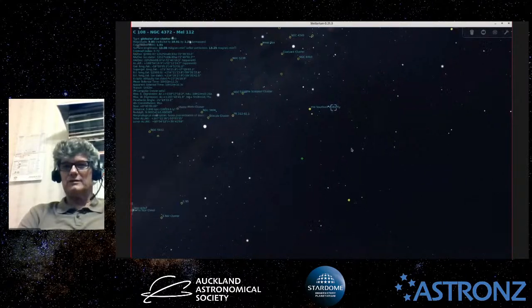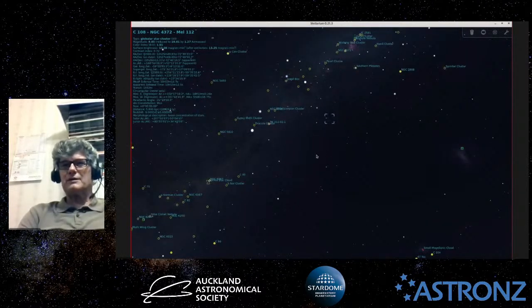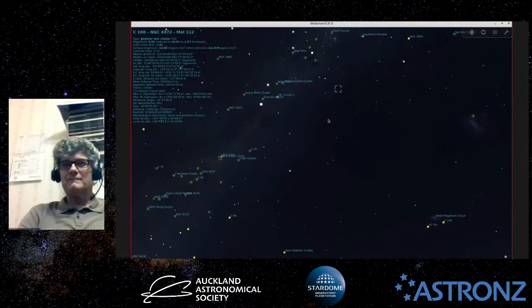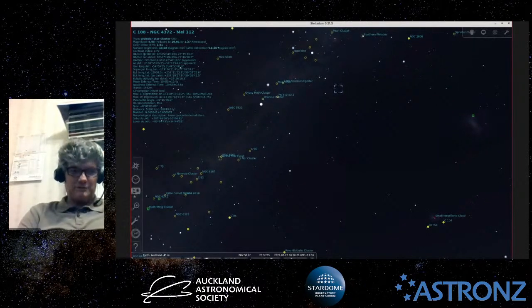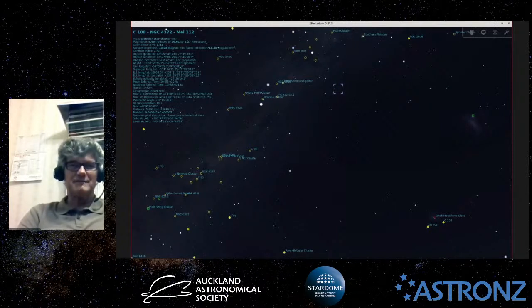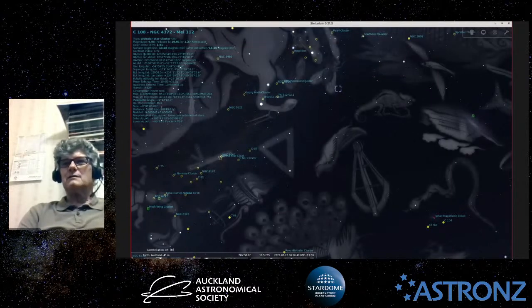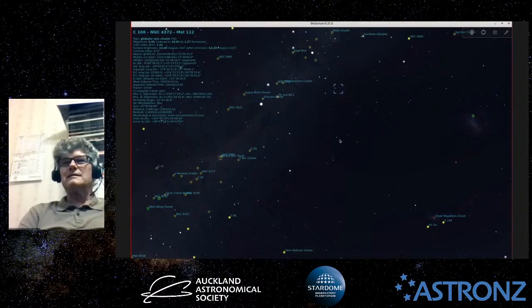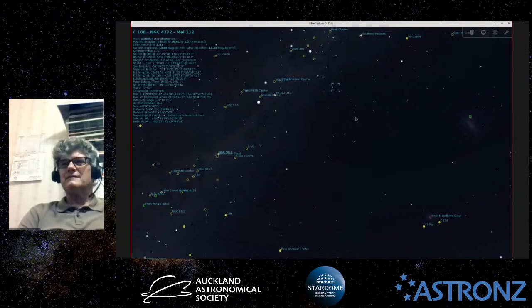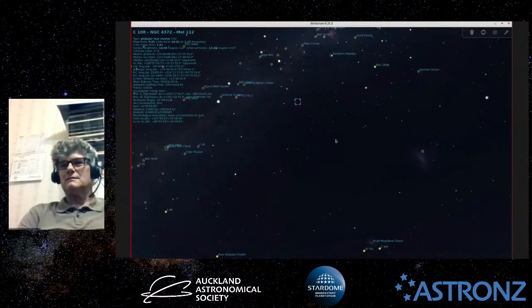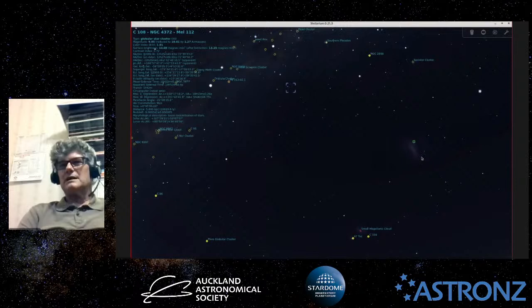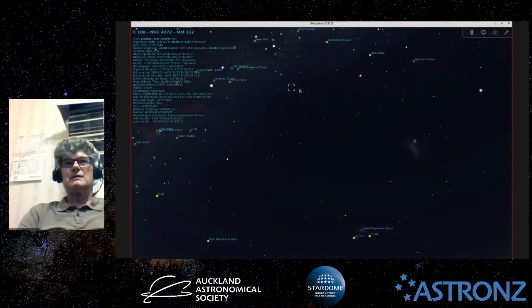I'm going to zoom out a bit. There was one other thing I was going to talk about before we finish. Oh yeah, that's right. I just remembered what I was going to mention. So let's put the artwork back on here. And this is right next to the constellation Musca, the fly. And if we look at the large Magellanic Cloud here and Musca and the Southern Cross over this way,